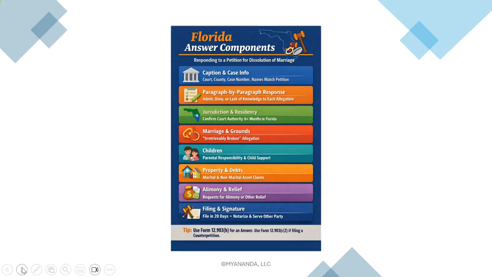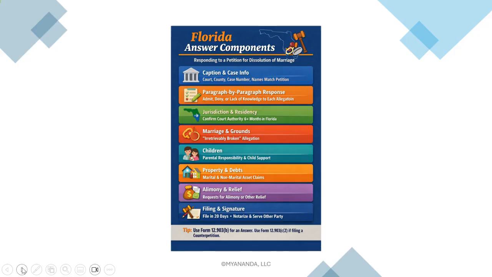All right, so at the end of an answer, there will be a signature of the respondent, and it's notarized, and then it's served on the other party. We do not have to go through a process server to serve an answer. And the answer is simply filed with the court, and notice of it, a copy of it, is provided to opposing counsel. In this case, if you're filing an answer, obviously the answer copy is going to go to the petitioner's counsel.